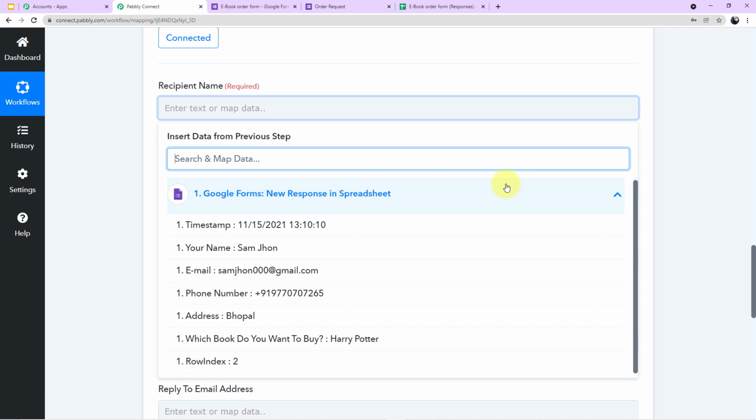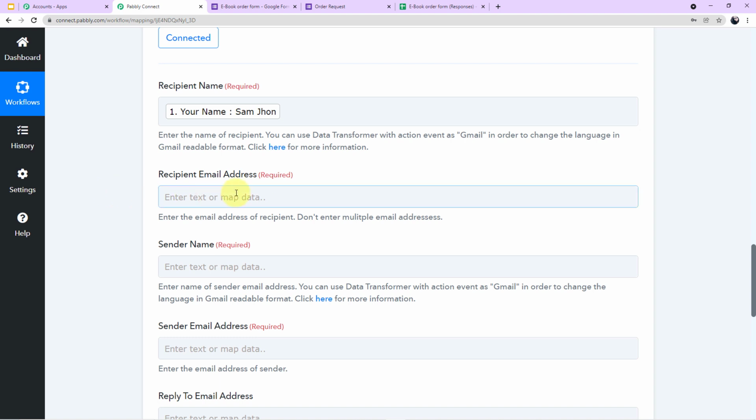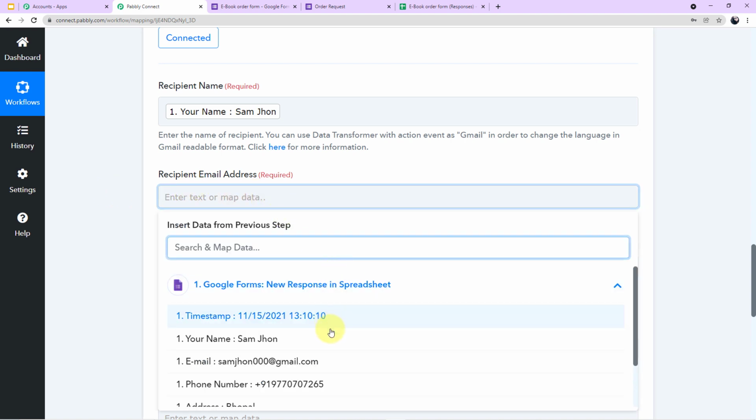Instead, you can simply map the data. How? Click on the search field, click on the dropdown and search for the value. The first value it is asking for is the name, so I'll simply map the name. Now the email ID, once again you have to click on the field, go to the responses and search for the value.